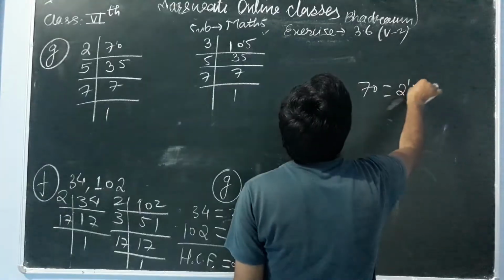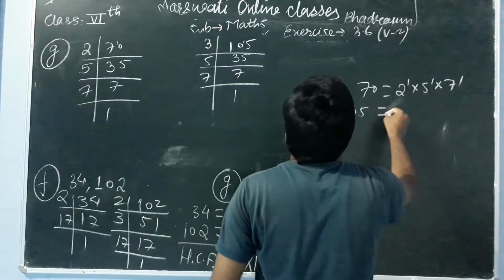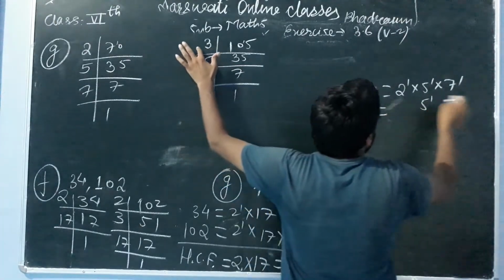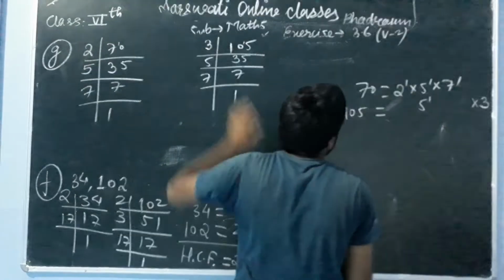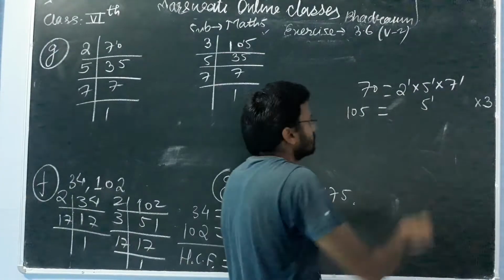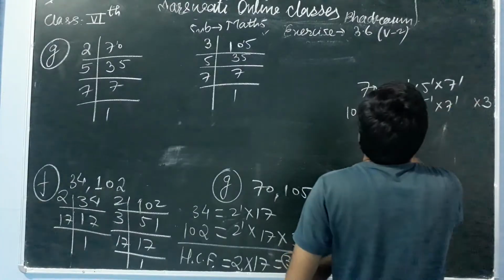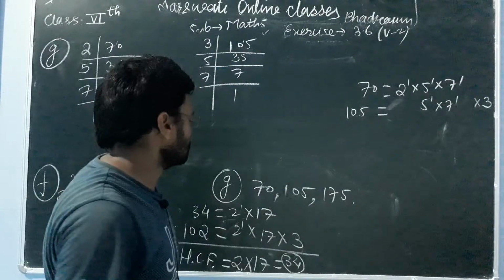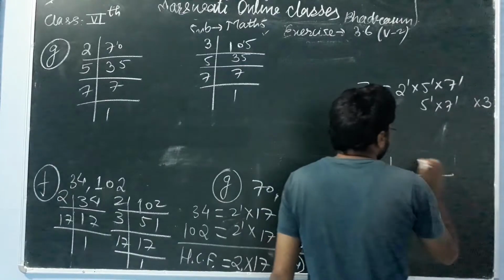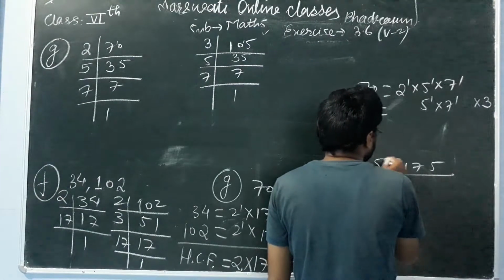So the factors of our 105, I am just going to write it over here. Factors of 70 are 2 to the power 1, 5 to the power 1 into 7 to the power 1. Okay, factors of our 105 are 3 to the power 1, 5 to the power 1. 3 is not over here, so we will write it somewhere else, not below any number from the factorization of 70. Okay, this is 3, this is 5 to the power 1, and again this is 7 to the power 1. Now we will go for factorizing 175. This is 175 and the unit place digit is 5, so we will divide it by 5.